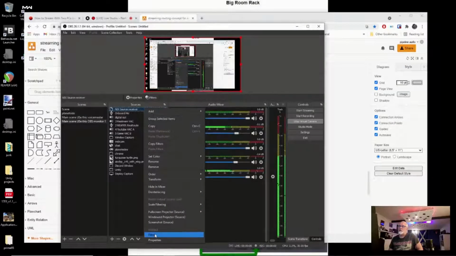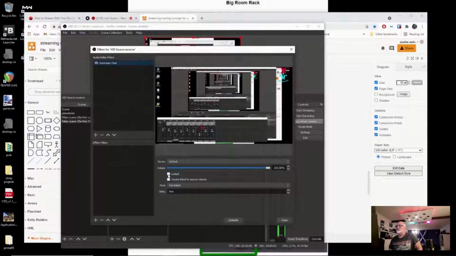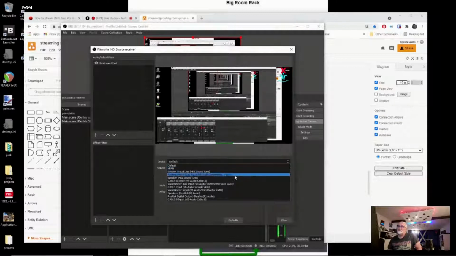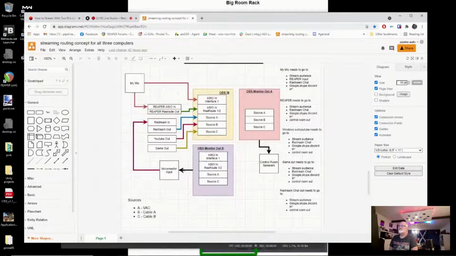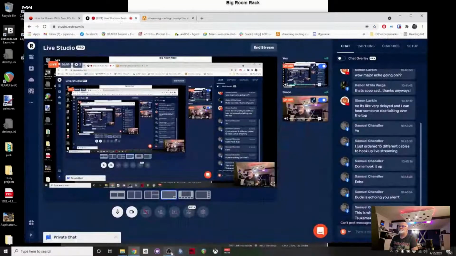Let's see. This is where I get really confused. Volume lock to source volume, mute link to source muting, and device is going to be monitor B, which is Voicemeeter input. Oh my God, now I forgot again. Voicemeeter input, I think. So we're about to find out. Let me look at this again. So Voicemeeter input, yeah, okay. So I'm going to do this the same way on the other computer, and I'm going to do it more completely. And so now, if I turn that thing back on,